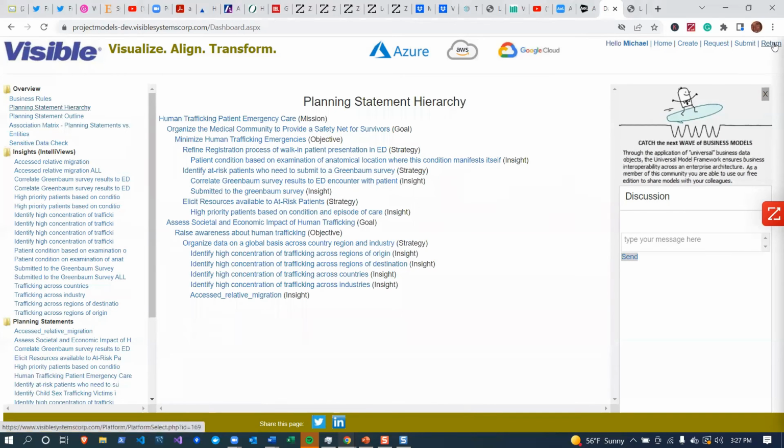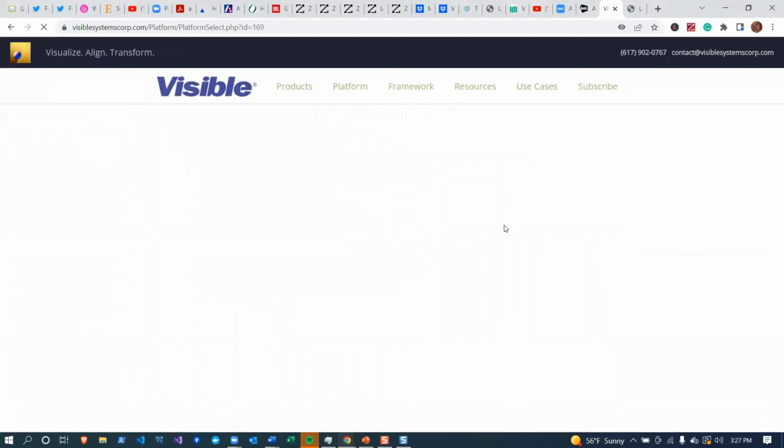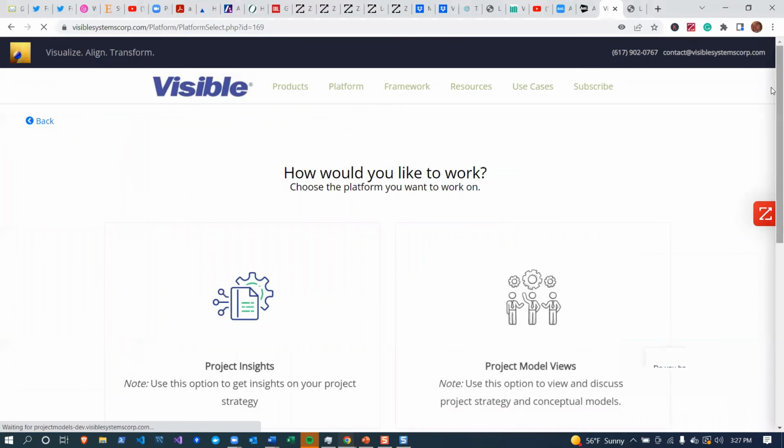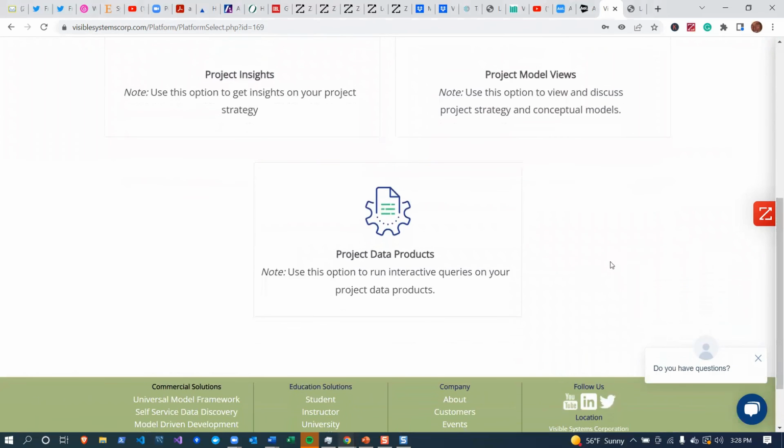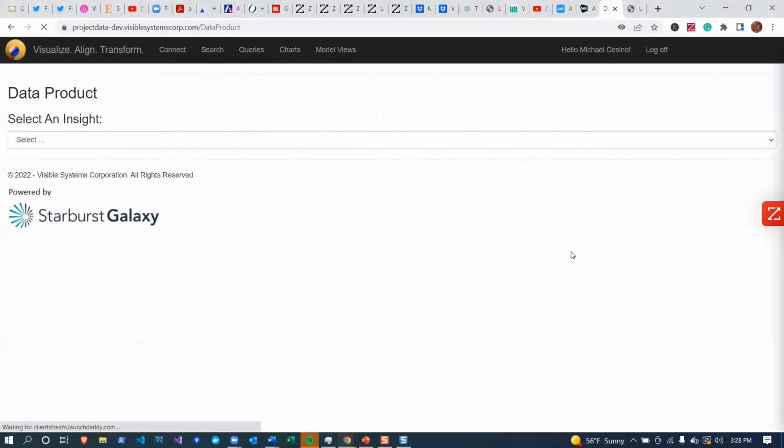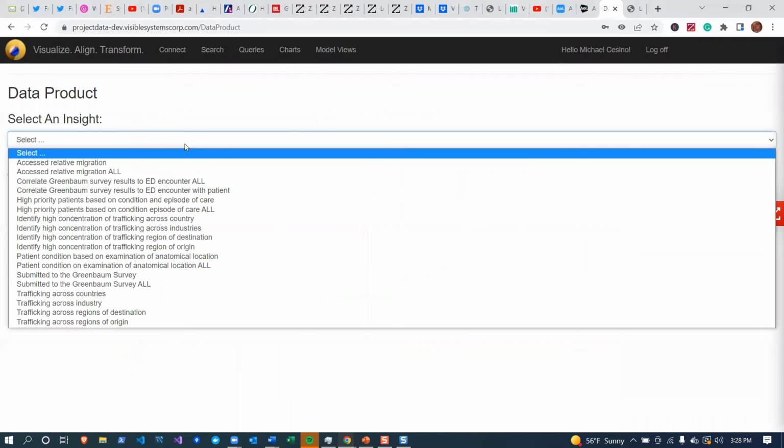Finally, I'd like to just return back to our three options here. We saw the insights, we saw the model views, and now I'd just like to take a quick look at the data product. Now here in the data product, as you can see, we have the ability to go ahead and select any insight. So we'll select, for example,